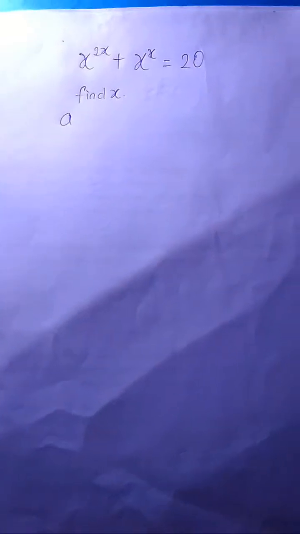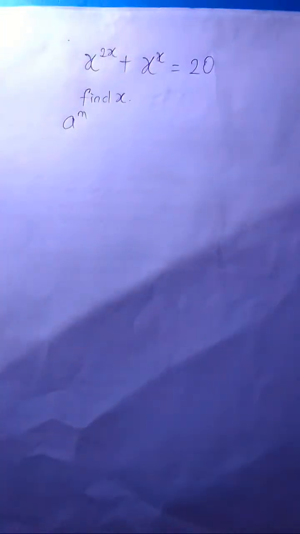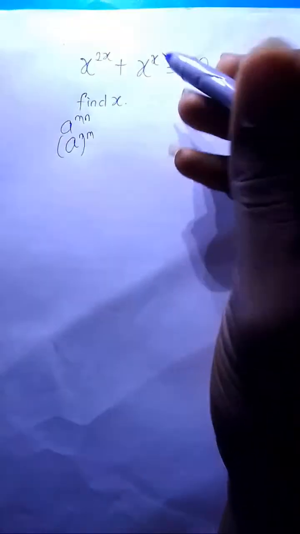So we know that when you have a raised to the power of m, raised to the power of n, it can also become a raised to the power of n raised to the power of m, and so on and so forth. So from here, since you have x raised to the power of 2x plus x raised to the power of x,